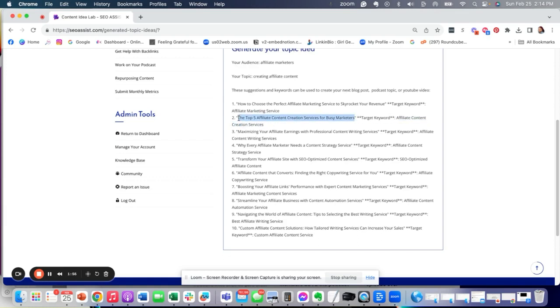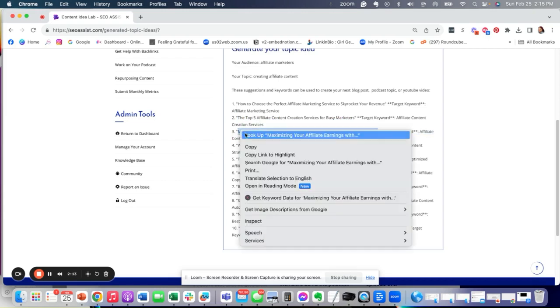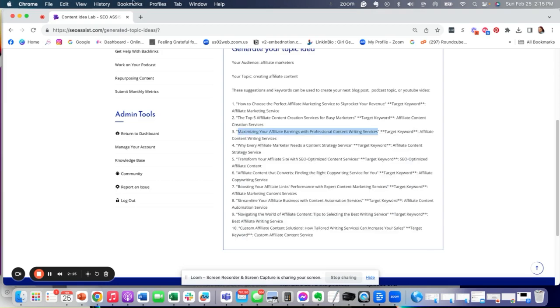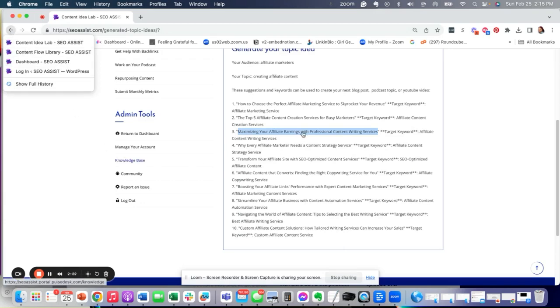Well, actually, because I told it I had a service-based business, I want it to be for something else. So here's a good one. Maximizing your affiliate earnings with professional content writing services. And I'm going to change that to softwares because I'm doing this for my software. So once we've done that,